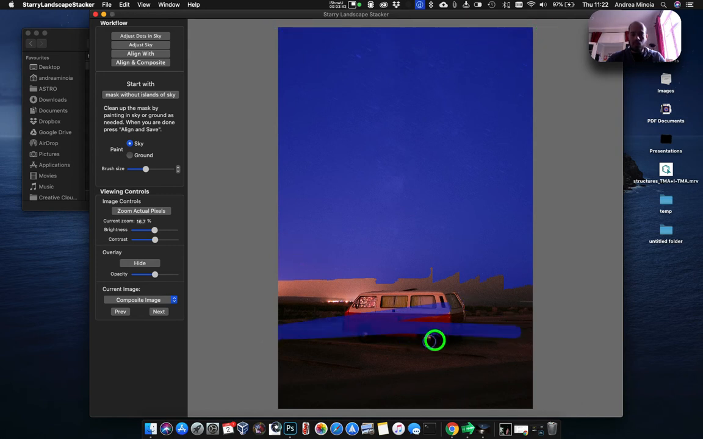Don't worry if you go on the foreground. Here you can paint for the ground and remove this mask here. So let's try to do a bit of a cleaner job around the edges here. So let's say the blue is the sky, the rest is the foreground, and now we can align the